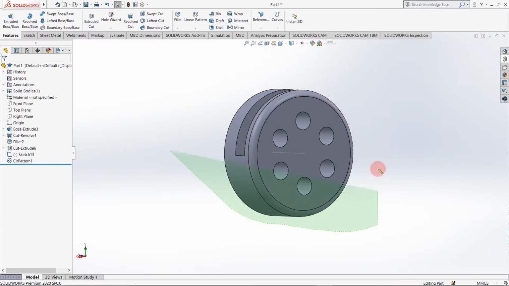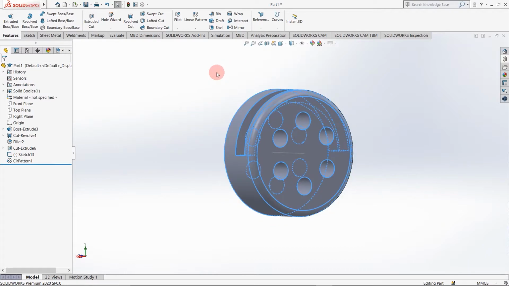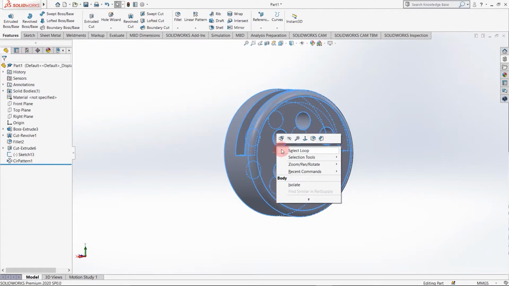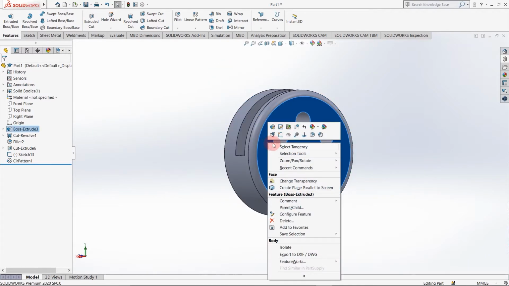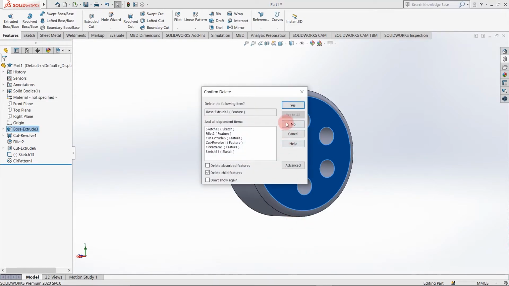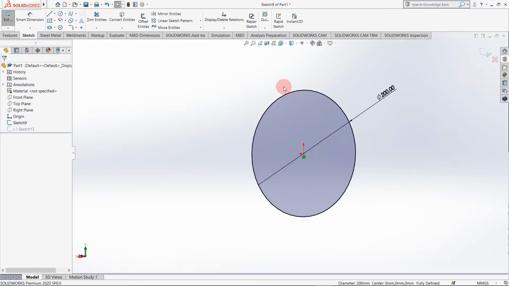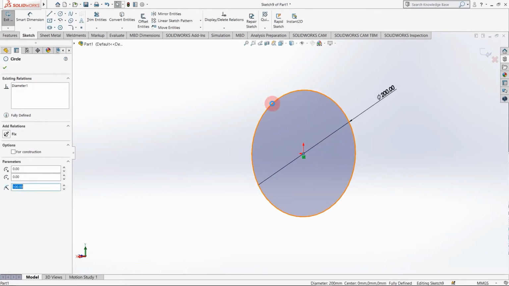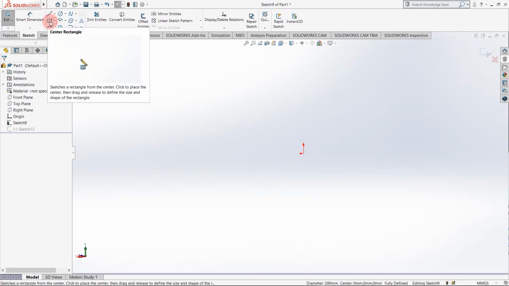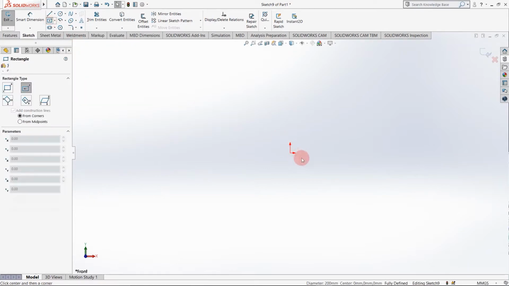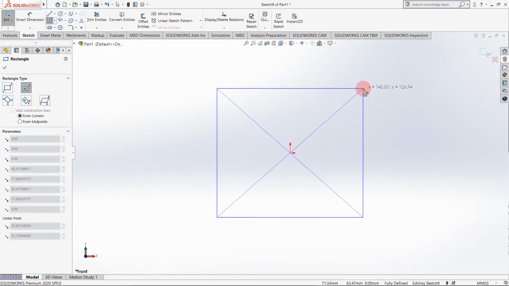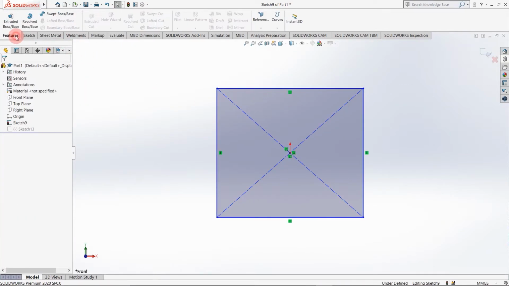Another command is linear pattern. For that I am going to construct a rectangular cube. Just go in sketch, delete this one, and I'm going to create a simple cube.